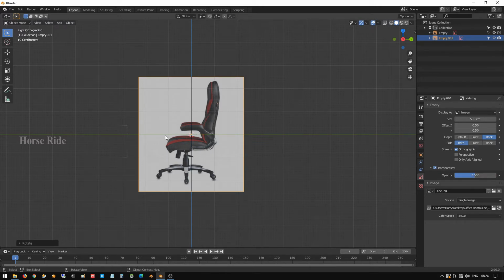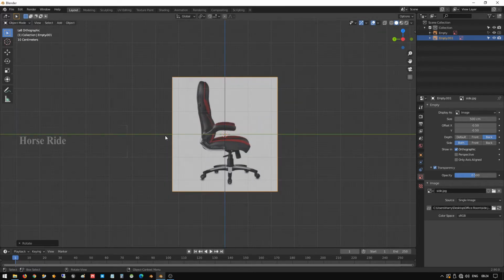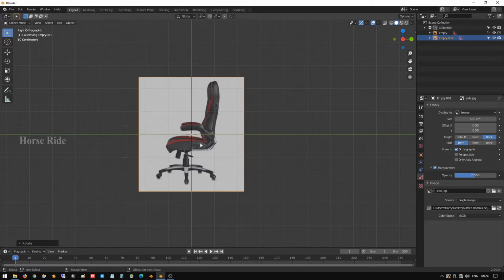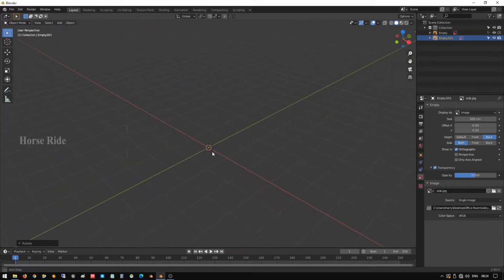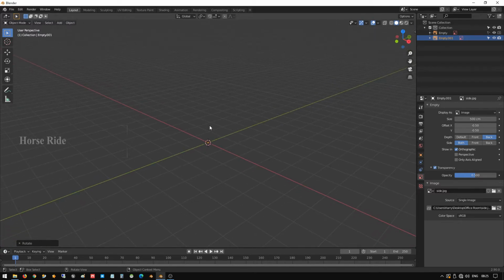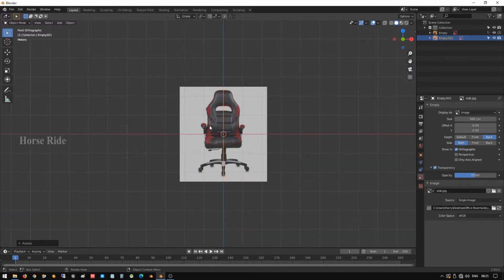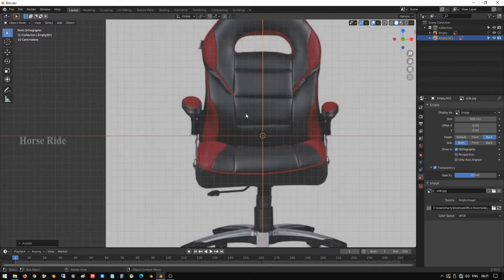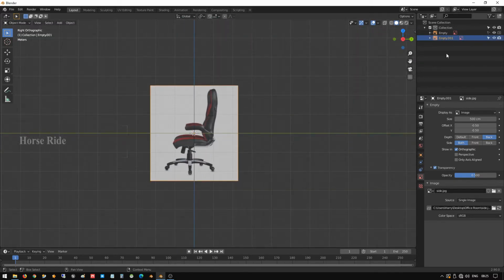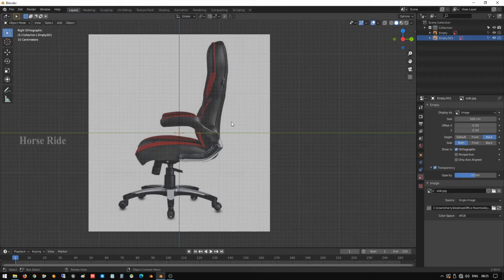Now if we select the right view with Ctrl 3, it shows the front angle, and with the left side it shows the other angle, so no need to worry about which angle we are in. Now in front view and right side view, we can see the image. Once you rotate the camera out of orthographic view, you can't see the image, because while designing we will get confused, so it's not required here. Okay, let me start the modeling. I forgot to select for this image. Select the image and disable the selection and rendering option. Okay, fine. Now we are ready for doing the model.